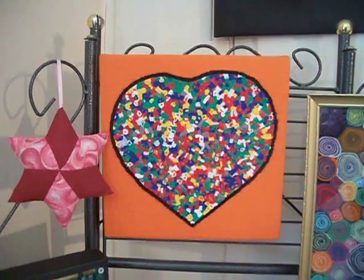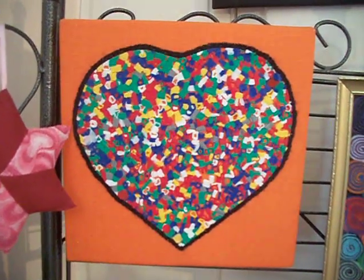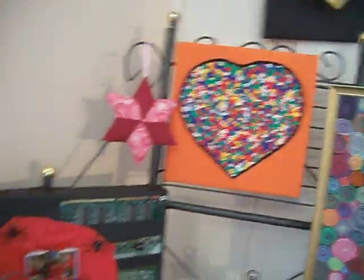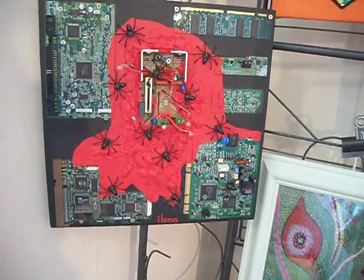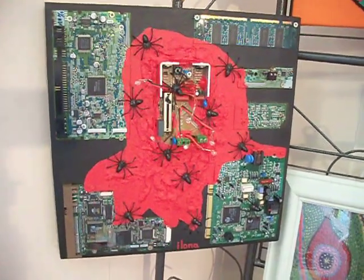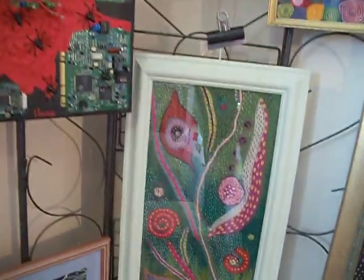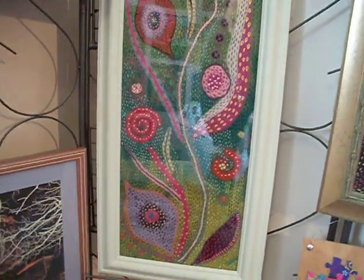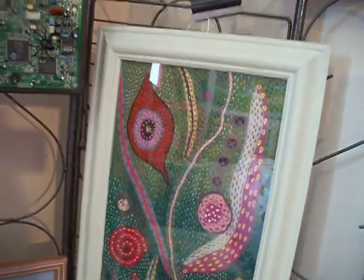Plastic chopped up into tiny bits and melted between two sheets of paper, and a heart shape cut out of it. Insides of a video player. That's right. I take apart electricals sometimes and see what's inside of them. So I've got a bit of a shadow here because we've got glass on the picture. Needle felting. Oh, you can see me in there. Look, needle felting